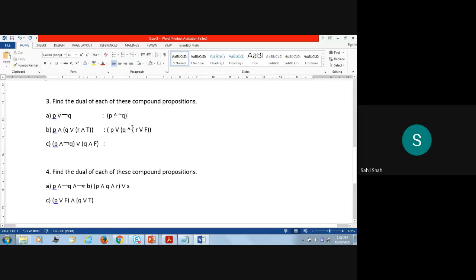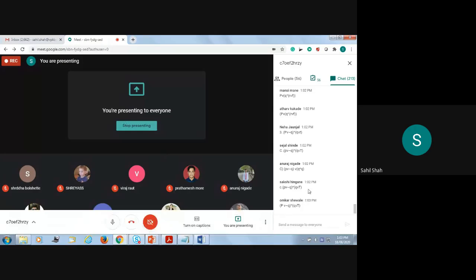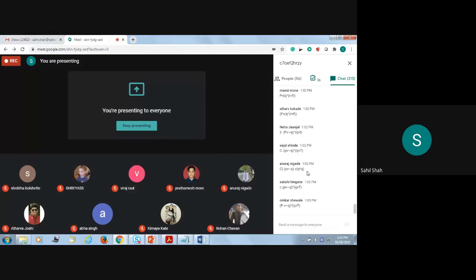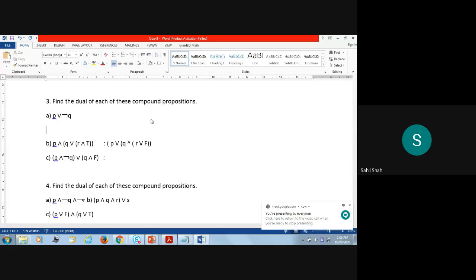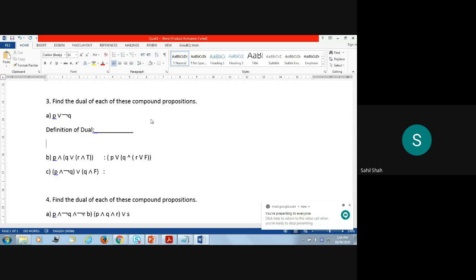Again, the technique to write the answers in the examination. If the same question is present in the university exam, are you going to write it like this? What is your justification for this? Are you going to write like this in your final exams? You should not. If you are using this approach and I am evaluating your paper, I will not give you a single mark. So how to write a solution for any such question? If this is given, you should first write the definition of dual. Even though it is not asked, it is required. You should write it first, and then you will write we have to